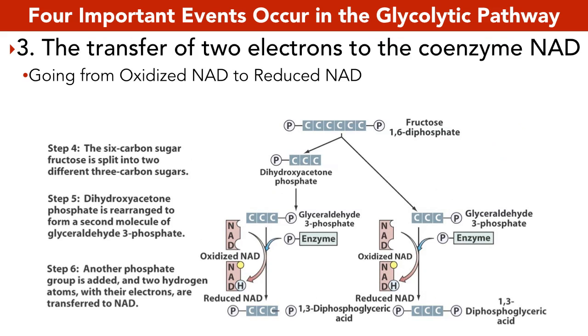Next, what are we going to do? Let's say this. We're going to fill up our keg. So here we have NAD. Here we have NAD. And again, there's two separate pathways happening here. Okay? Because we've split that 6 carbon into 2 3 carbons. All right? So now we have our NAD, and NAD will gain a hydrogen and electron. And here the NAD will fill up with an electron and a proton, a hydrogen.